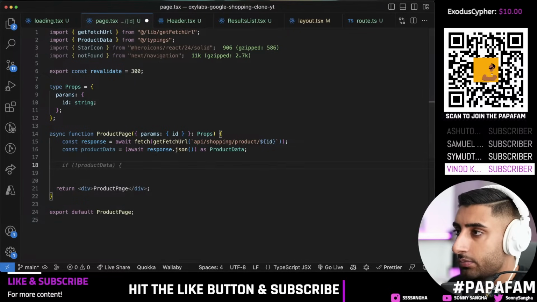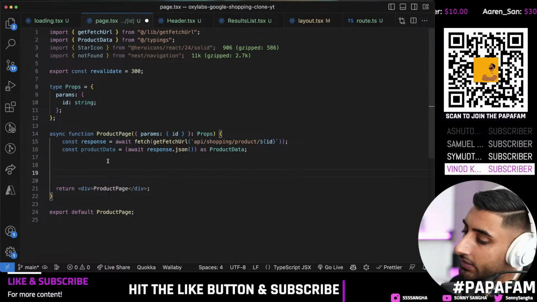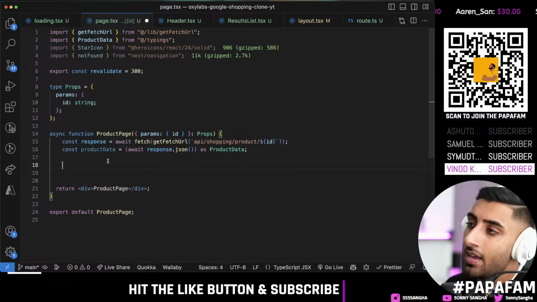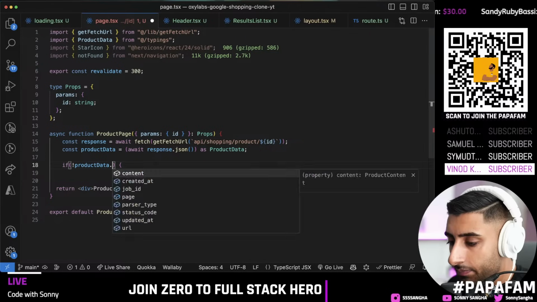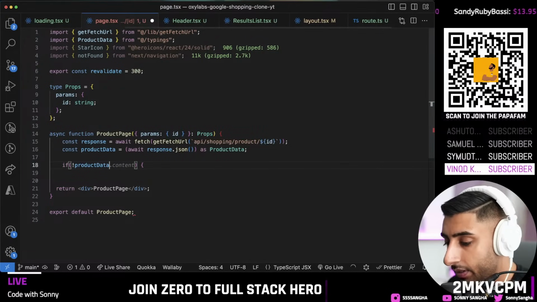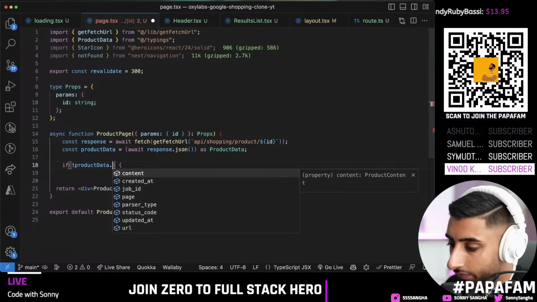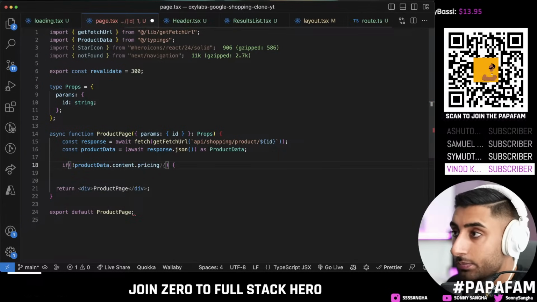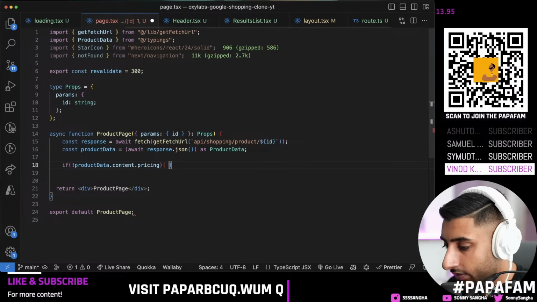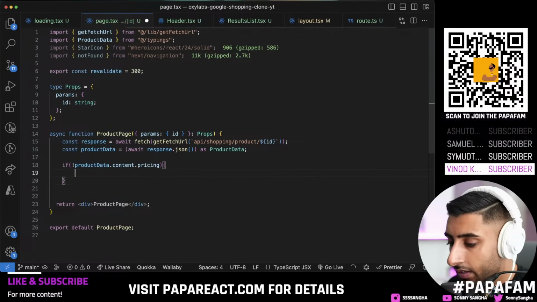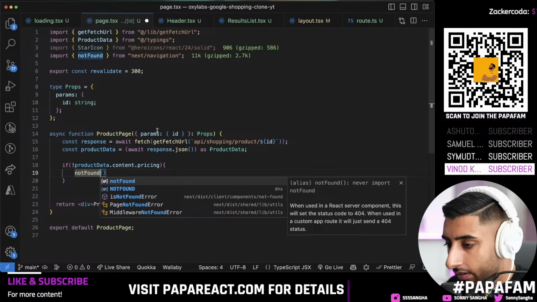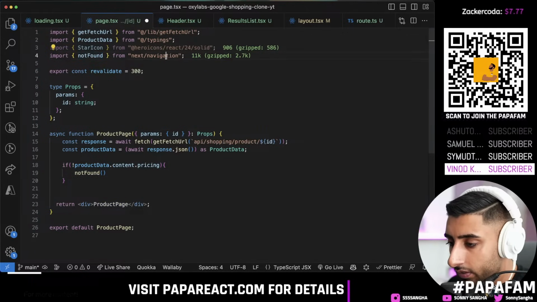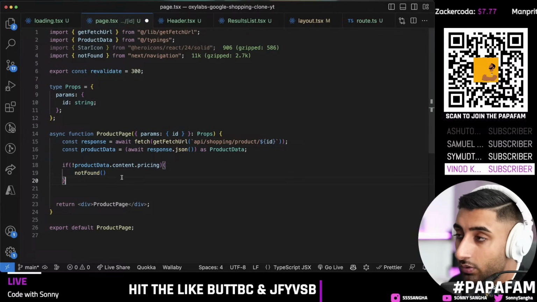And then I guess next what we do is we basically go ahead and show if there was no... for some reason, if it came back with a response, defensive programming statement, we're going to say if there was no product data, content pricing, right? So product data might come back and then it's technically not falsy, right? So in this case, I'm going to check for a specific property. If that does not exist, for example, if the pricing doesn't exist anywhere, then what I'm going to do is I'm going to say not found. And this is basically a nice little function from Next Navigation, and this will return the user to a 404